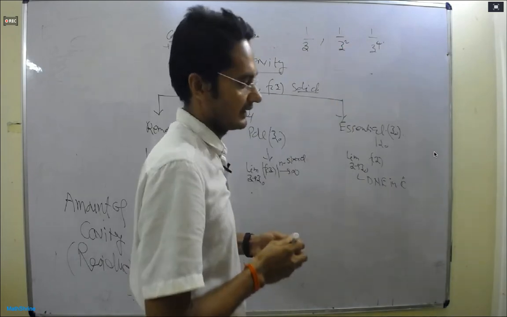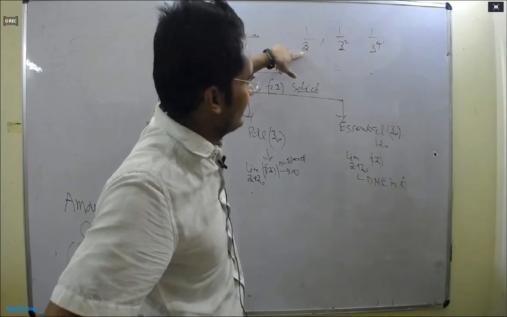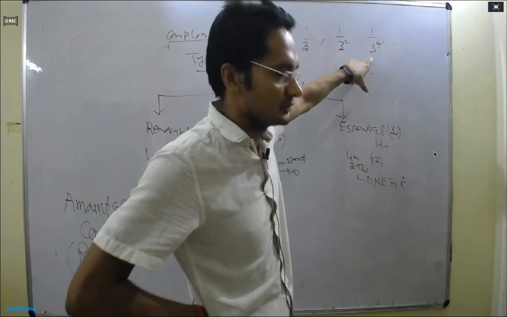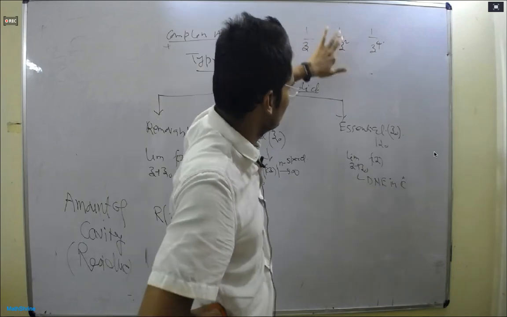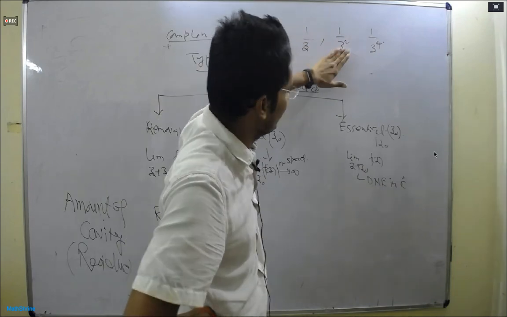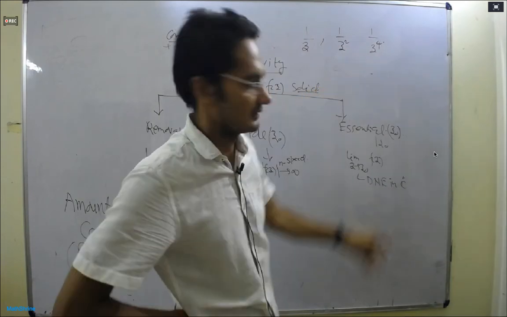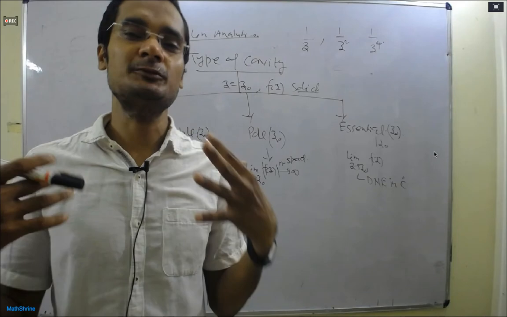At z is equal to 0, this function goes to infinity. This also goes to infinity. This also goes to infinity. But the speed of this is 1. The speed of this function going to infinity is 2. The speed of this function going to infinity is 4. So when something is tending to infinity, we can find out the speed, and under what speed it is tending to infinity.